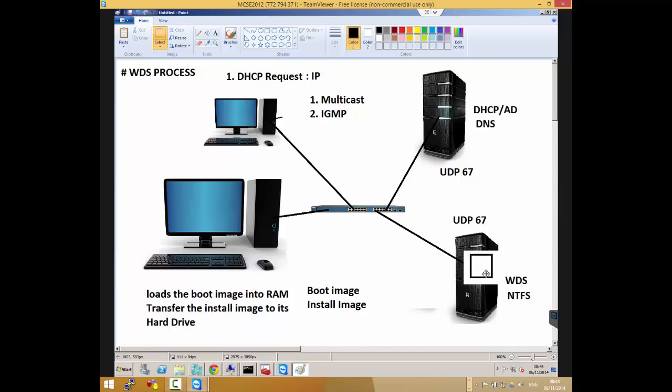But what it will respond with is, I am the server that has the boot image that you can boot from. It's me. So basically you see a DHCP offer from this one.